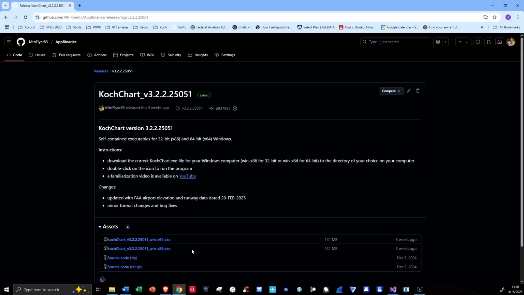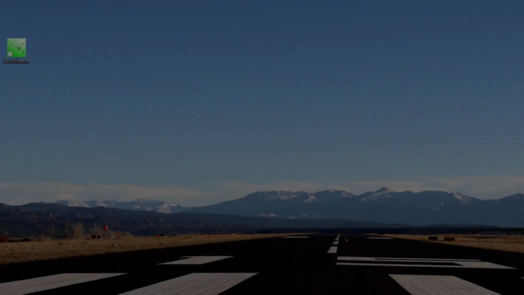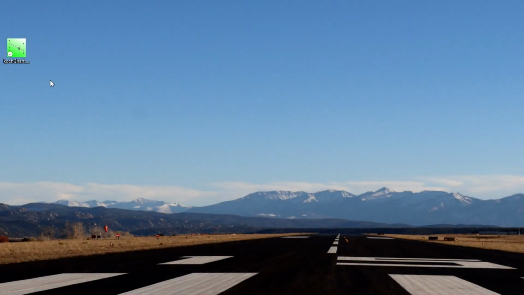And once you download the software, you can download it anywhere on your computer you want. Just remember where you put it, and that will put an icon at that download location that we can use to open the software. Now that you have the icon for the executable file, you can double click on it